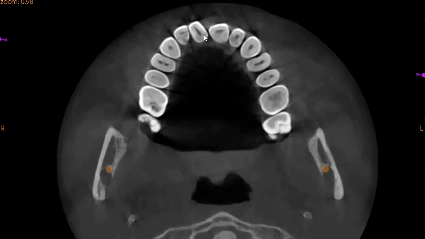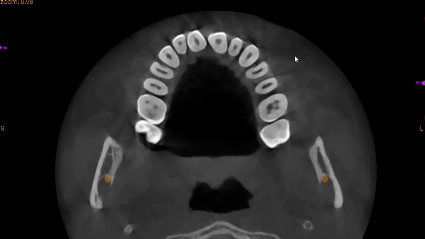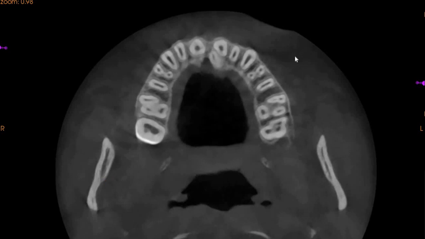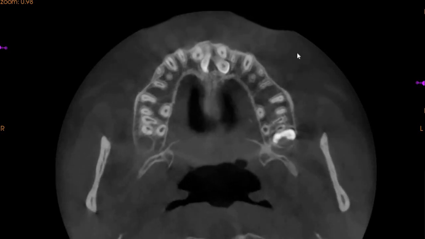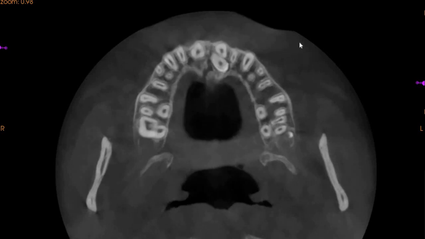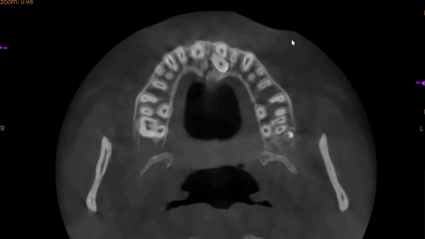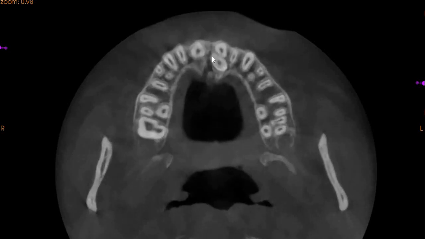Now, this is the occlusal aspect where you can see the central incisors, the laterals, and the canines. Now, as we move apically, we will be able to see that there is the presence of supernumerary teeth, which is impacting in the actual English sense, and it is hindering the development and the positioning of the central incisors. Now, this is supernumerary tooth 1, which is